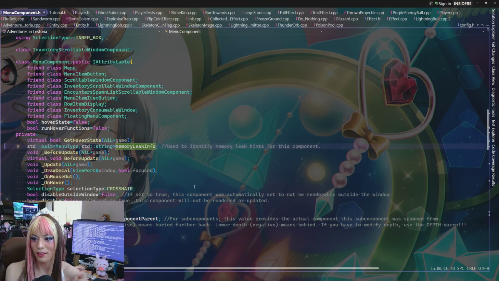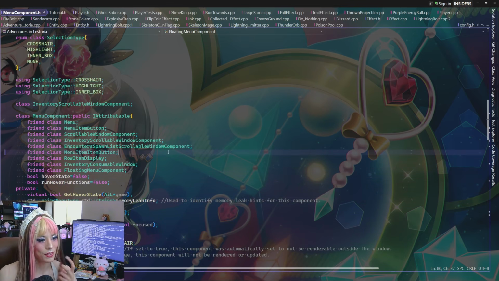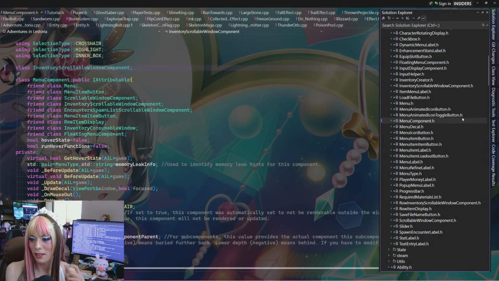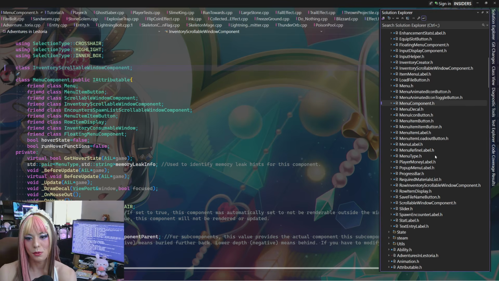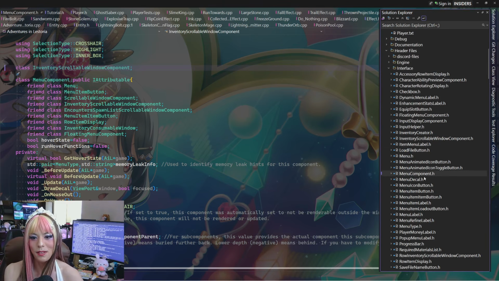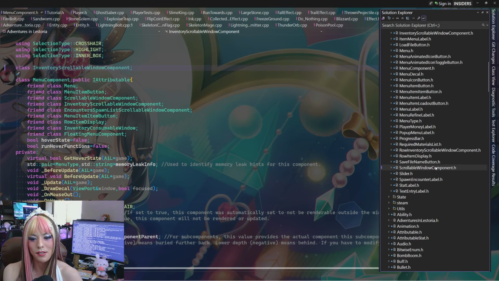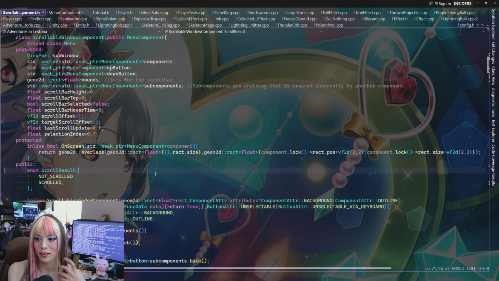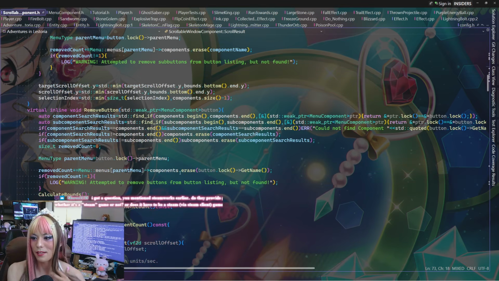It's like a log of memory leak stuff, so I know what was the last thing that was called before. This used to all be raw pointers, by the way. I switched to a shared and weak pointer system. That way menu components know when each other die, so they don't keep referencing each other anymore. So that was fun. But yeah, it's all custom made. It was very annoying to build. I think that was around day 100 of development to day 130. It took a whole month to get everything implemented.